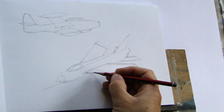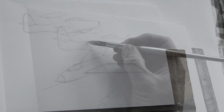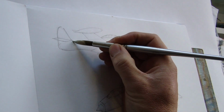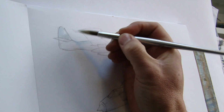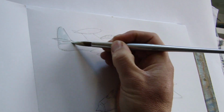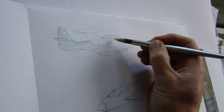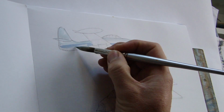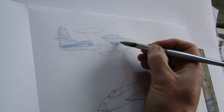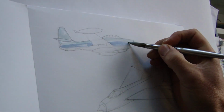Okay, so now I'm going to have a bit of fun. I've sketched out two jets, fairly well-known aircraft from roughly the 50s and 60s, the Thunderjet and of course the Lightning. And I'm just going to have a bit of fun with these, just with basic washes, more of a watercolor technique I guess, a rather thin acrylic on paper, starting with the blues and greys and working into the warmer colors. Once again, the main light source and the reflected light,